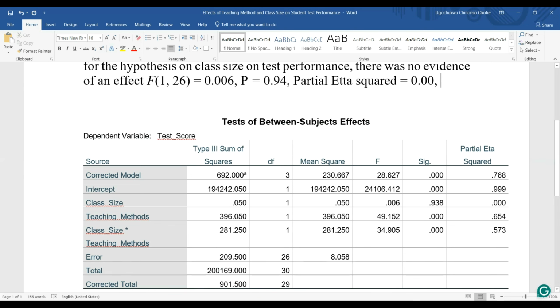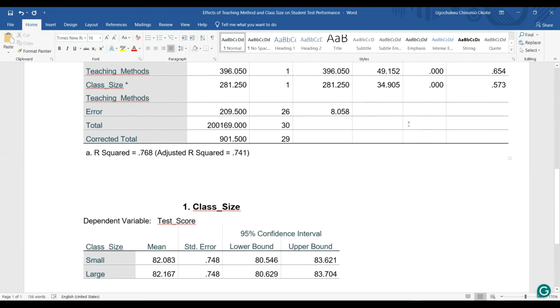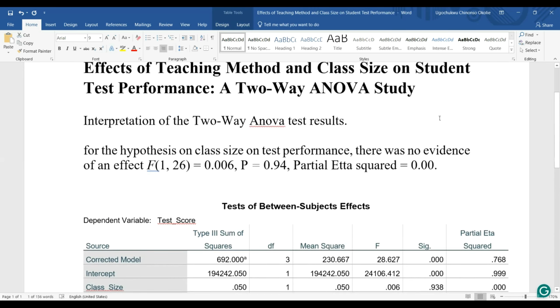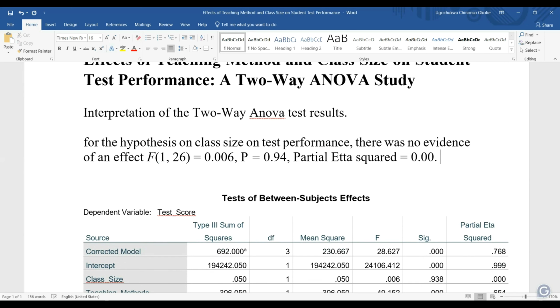Then we now put the results of the mean, which is here. So mean small size, I would say